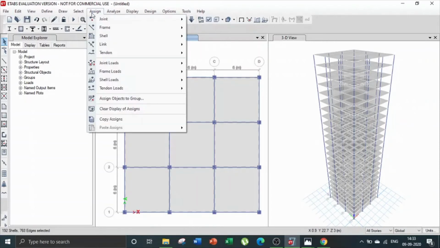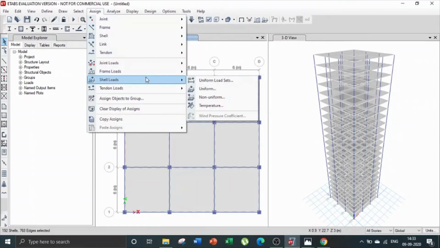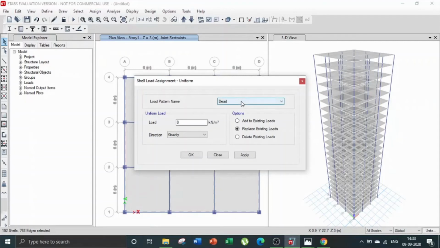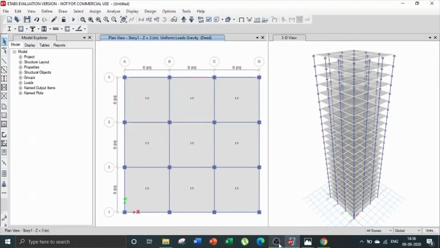Click on assign, then frame load, shell load, then click on uniform. Here select dead and apply the dead load of 1.5 kN per meter square. Click on apply and then click on OK. You can see the dead load of 1.5 kN has been applied.